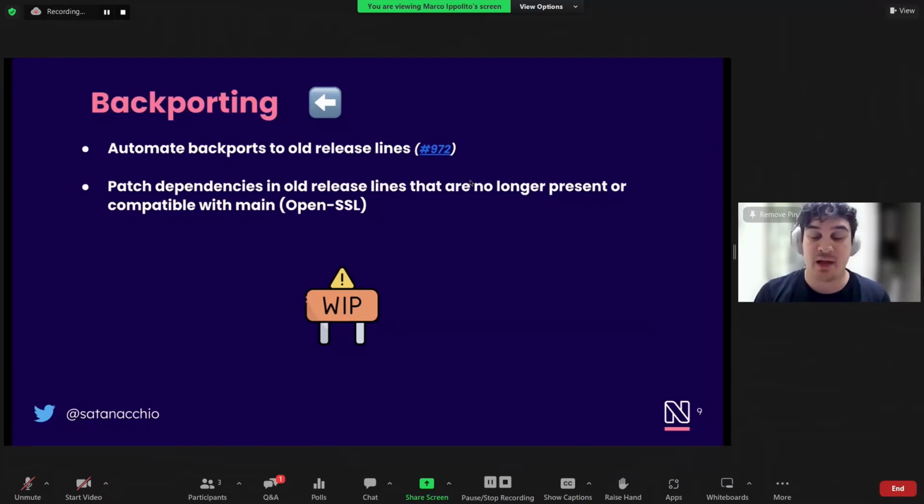And lastly, we have backports. This is an ongoing initiative, still ongoing, so if you want to help with that, please reach out. Basically, when we have a new patch on a dependency, currently it only updates on the main branch. What we want to do is take that commit and bring it to other release lines, for example from main to 20, to 18, to 16,